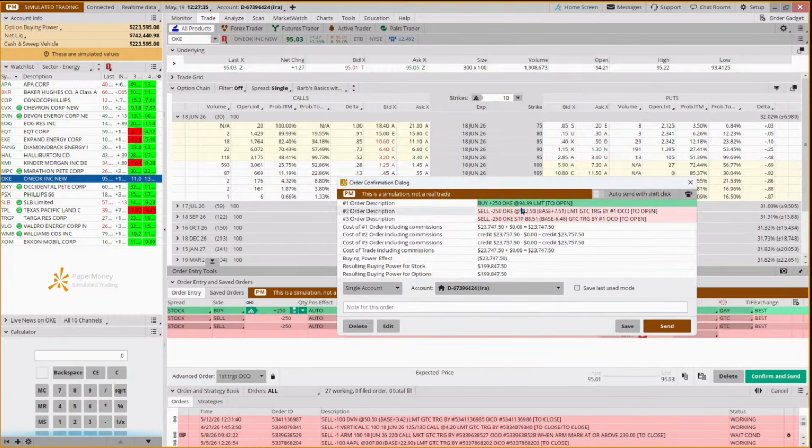So we're buying 250 shares. The total investment is 23,747. We want to exit if it goes up $7.51 or if it goes down $6.48. And we're going to put that in our stock with a target. And the target, this is just a note from us to us based on the pennant pattern width.